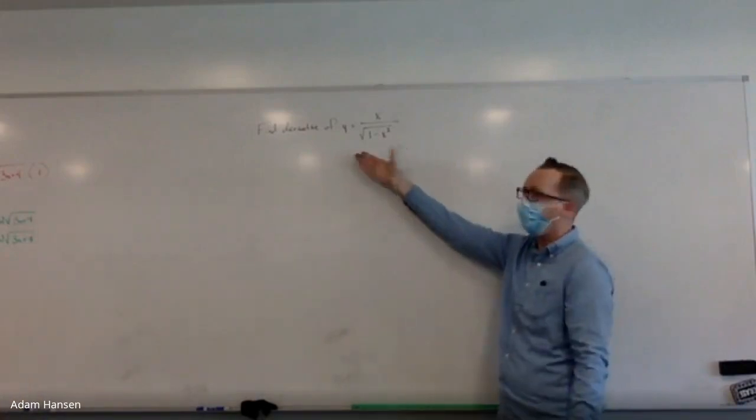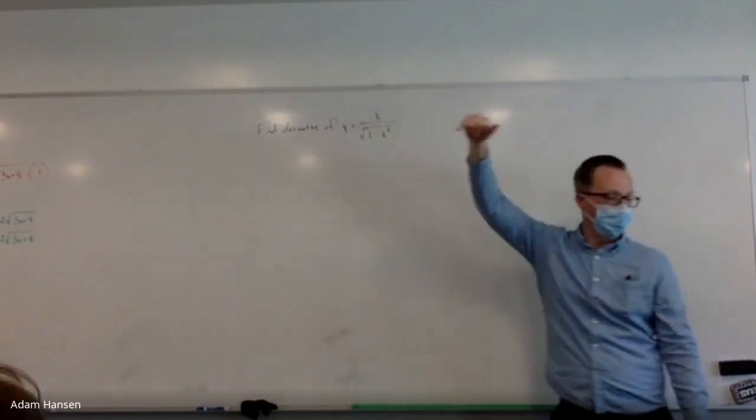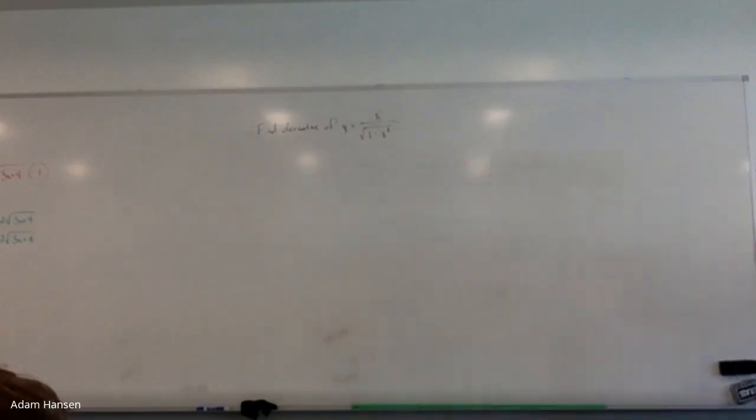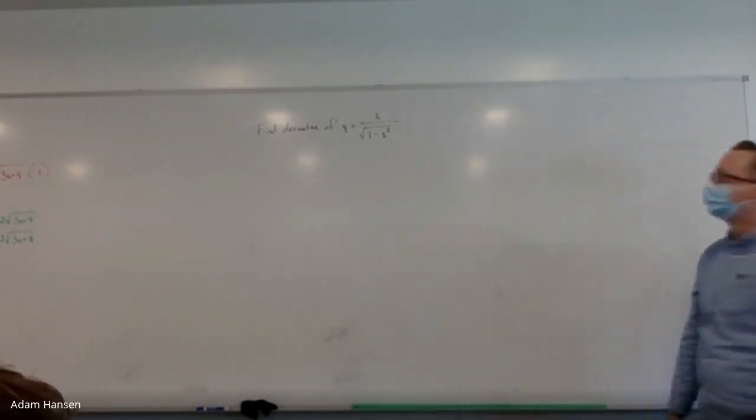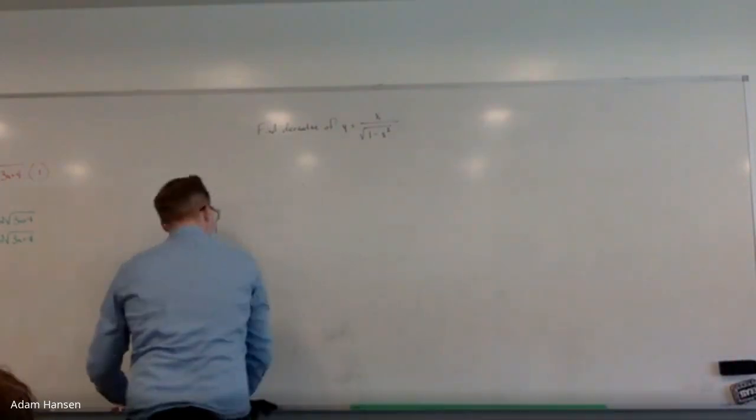Someone just said it, I think Maggie said it, quotient rule, right? Top and bottom, high and low. So if I sing the quotient rule to myself, it should be low d high minus high d low all over that low squared. So putting this together,